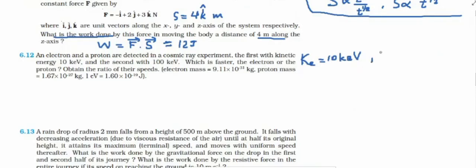And the kinetic energy of the proton, we can take it as Kp, is equal to 100 kilo electron volt. Then which is faster? That is the question. Now, the conversion formula: the mass of the electron is given here, the mass of the proton is given here, and